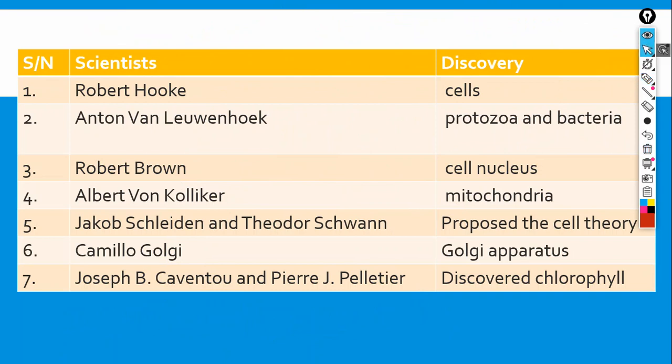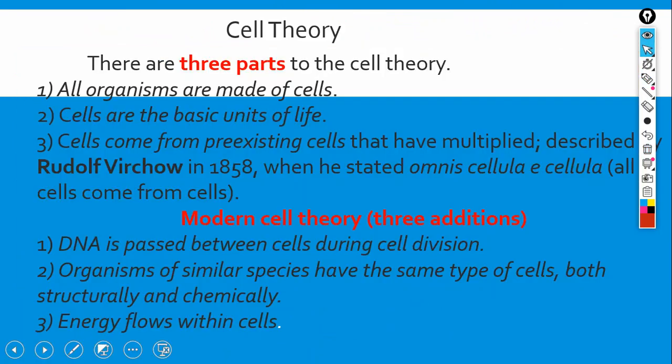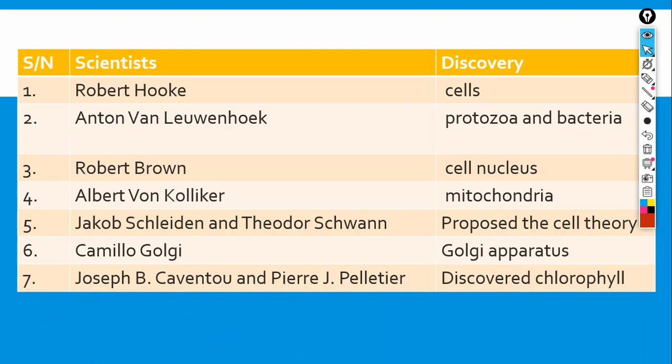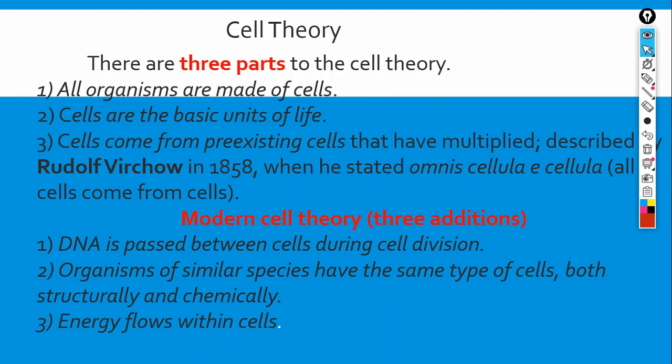Okay, so now the next slide. Let's talk about the cell theory. Rudolf von Virchow, we didn't quite mention him, also made a nice, huge contribution. First, let's talk about the first three parts. It says that all organisms are made up of what? Cells. And cells are the basic unit of life.